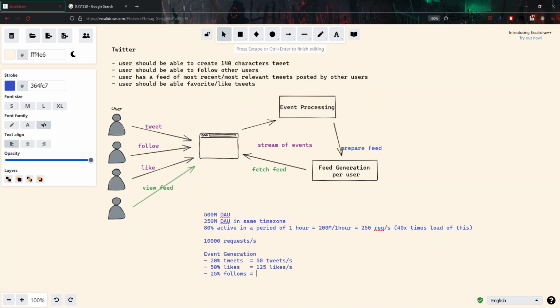Then I come up with the number of about one fourth of it. So let's say 60 follows per second. As we can see here, the likes is the key part, which takes a longer amount of time. It creates a larger volume, but in total they create sort of the same number of requests. So if we only have 25% time they tweet, we'll eventually have almost the same amount of 25 reads or writes